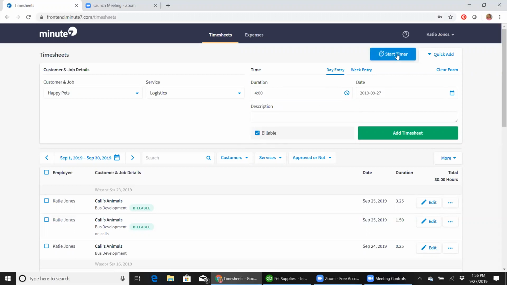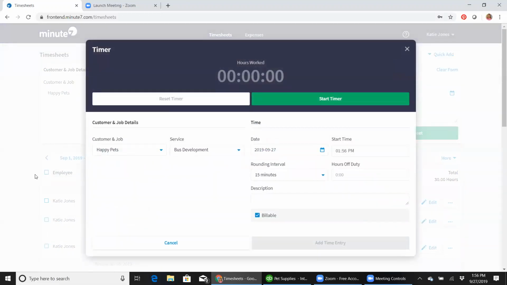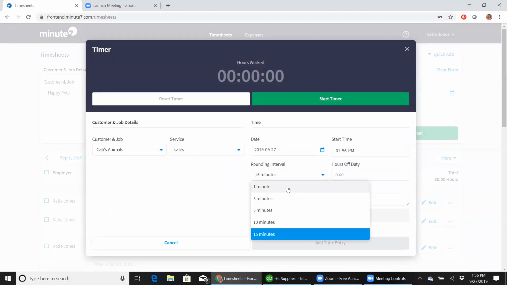Lastly, you can enter your time by clicking on the Start Timer button up here. And here you can select your fields. So I'm going to go to Callie's, my service. Say I'm doing some work in sales, and then your rounding interval. You can select 1, 5, 6, 10, or 15 minutes. I currently have it selected 15 minutes, and I can add a description here